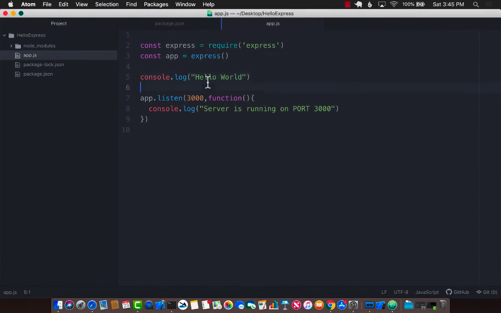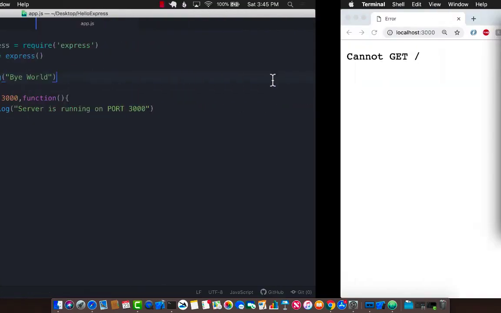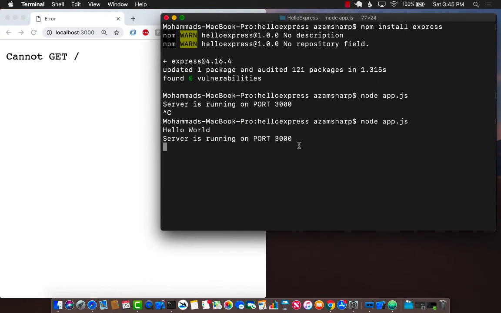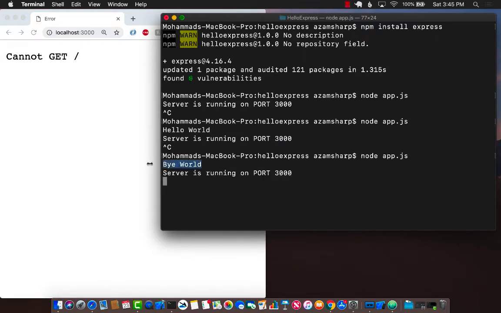I'm going to go ahead and change it to "bye world." But now the question is, how will it refresh? I have to actually stop the server and start the server again to get that new code that I just wrote. If I've updated my app.js code, I have to stop and start the server again,